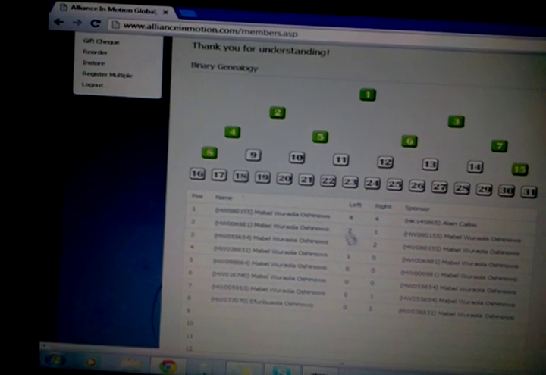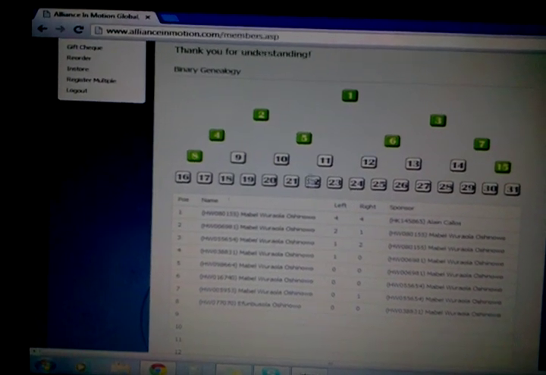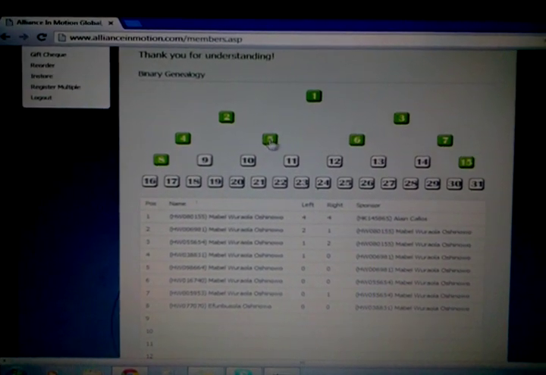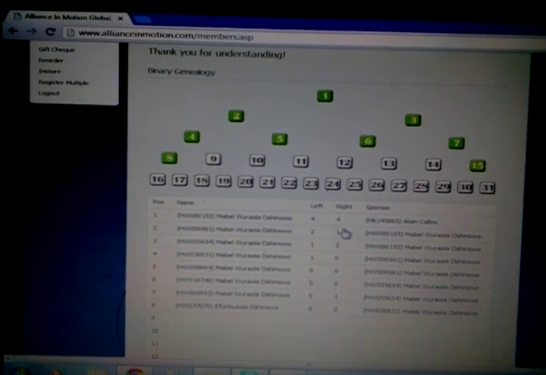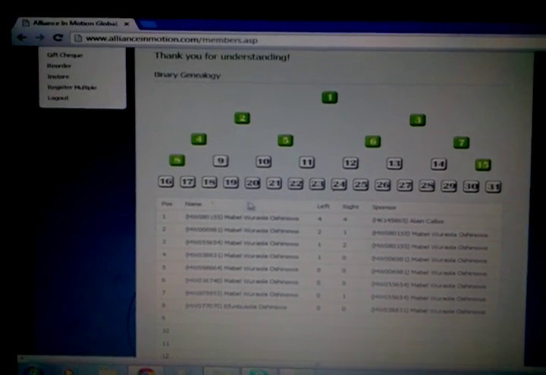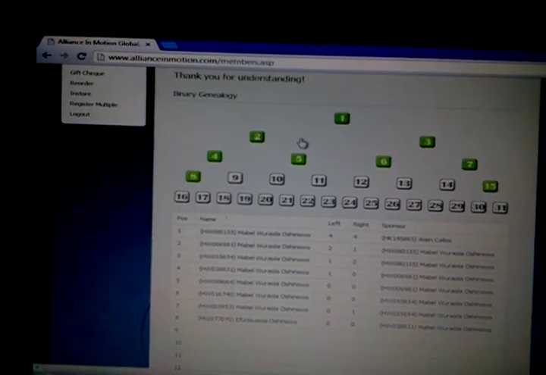And then number 2, there are 2 on the left and 1 on the right, as you can see. And same here, 2 on the right and 1 on the left. So it's like break even, even genealogy.